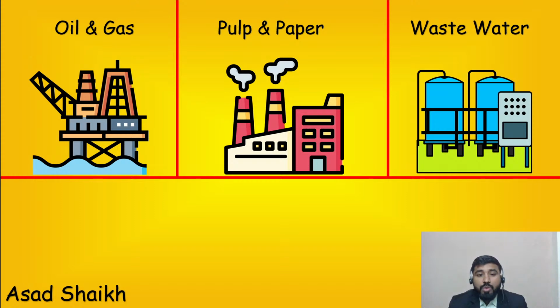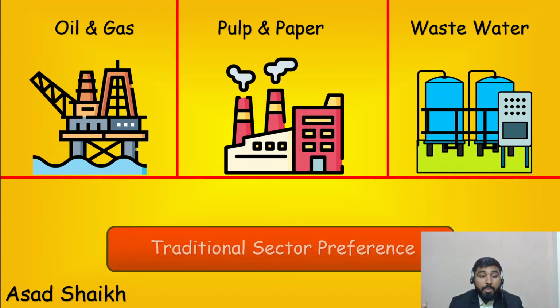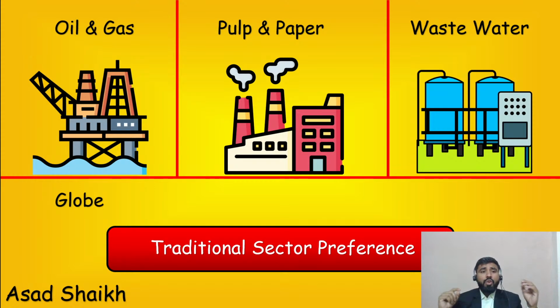Perfect. So now, based on what we learned, if you apply it to industries, you will generally see that for oil and gas, which the majority of you answered and have seen in your books, the traditional sector preference is globe. Now, when I say globe for oil and gas, it does not mean it should be globe for any XYZ project, XYZ line. It should definitely depend. In oil and gas you also have a utility section where you will have water transporting. There, if you see a globe valve, you can definitely try to replace it with a butterfly valve and save cost and maybe add value as an engineer in the project.